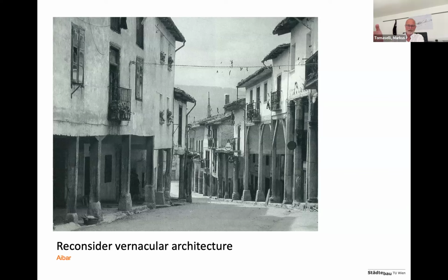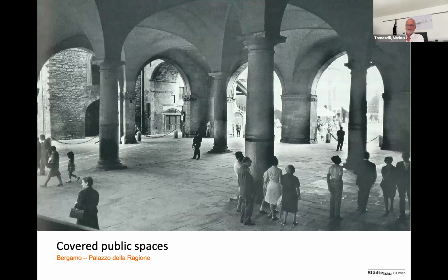They are in many, many historic cities in Spain, as well as in Italy, but also in Austria and in Switzerland and so on. We have these covered sidewalks which provide rain protection, but also sun protection. And market squares or spaces, like here in Bergamo, where you can interact economically or socially in the society without being exposed to the sun or exposed to the rainy weather conditions,